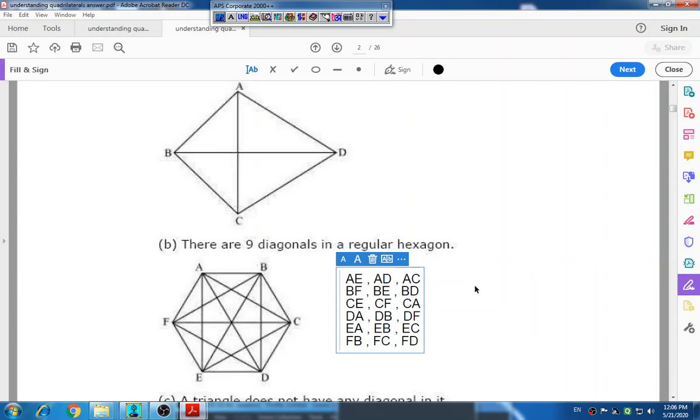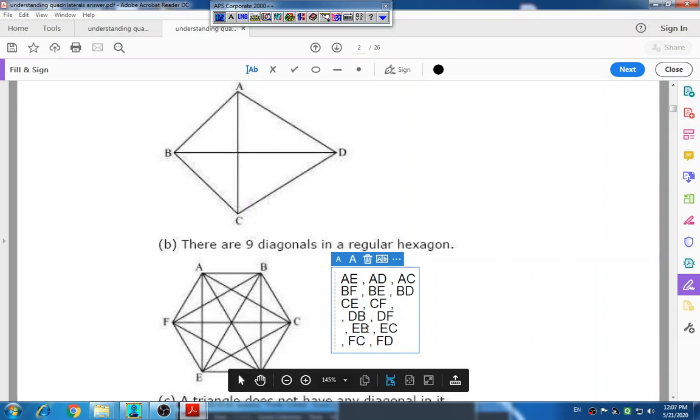This AE and this EA having same line, so we can delete one name. AD and DA same, having same line, so one will be cancelled. AC and CA both having same line, both points, so I can cancel one name. BF and FB same, so I can release one name. BE and EB having same, so I can